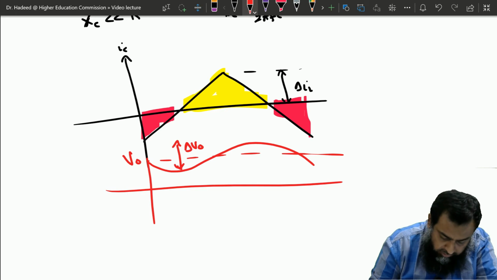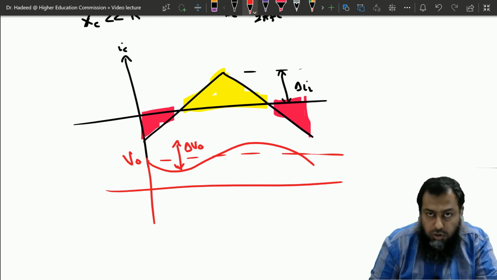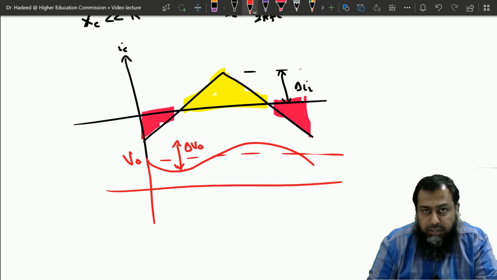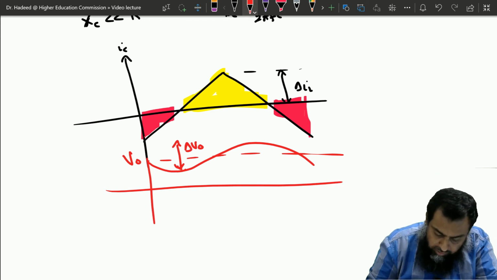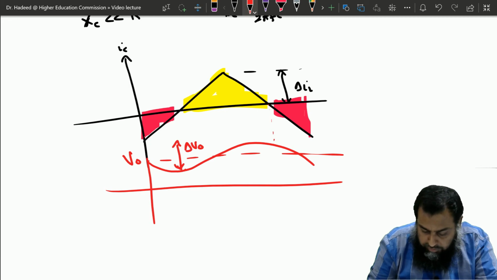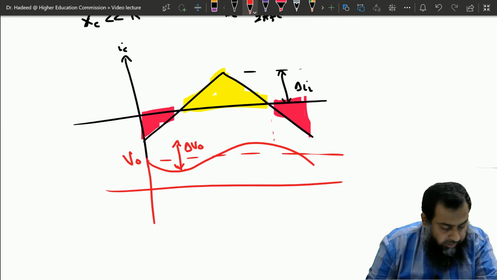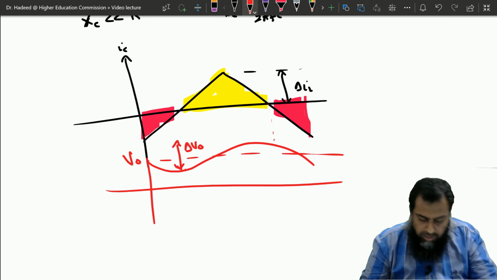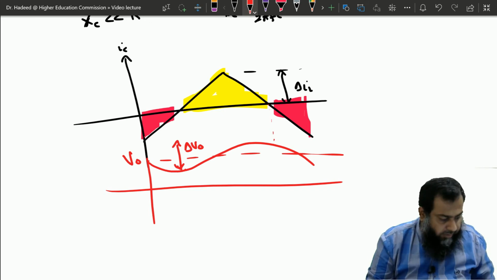So the capacitor is supplying the current to the load, and therefore the voltage drops till this particular point where the capacitor is again being charged by the inductor current, and so is the capacitor voltage, which starts to rise again. It becomes maximum at this particular point. Thereafter the capacitor again supplies power to the load, and therefore its voltage drops until we get the new switching cycle, right? So we have this kind of a voltage available here.